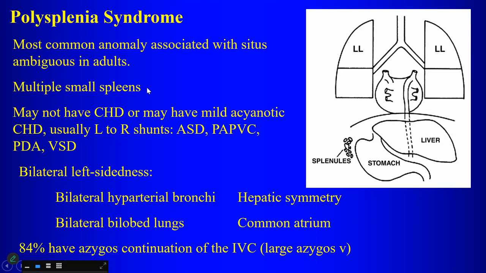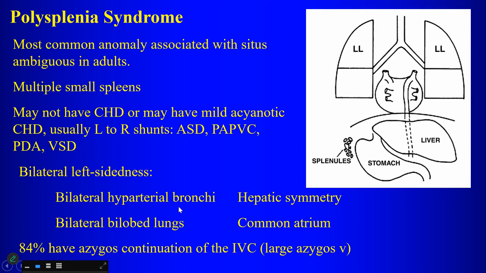Now, polysplenia, this you might come across in adults. So if you have an adult with situs ambiguous, this is what you're going to be thinking about, polysplenia. Multiple small spleens may not have congenital heart disease or may have very mild acyanotic congenital heart disease. The types of congenital heart disease associated with polysplenia are usually defects between the ventricles or the atria, atrial septal defects, ventricular septal defects, not the severe cyanotic congenital heart diseases that we see with asplenia. Okay. Bilateral left-sidedness, bilateral hyperarterial bronchi, meaning that the bronchus goes